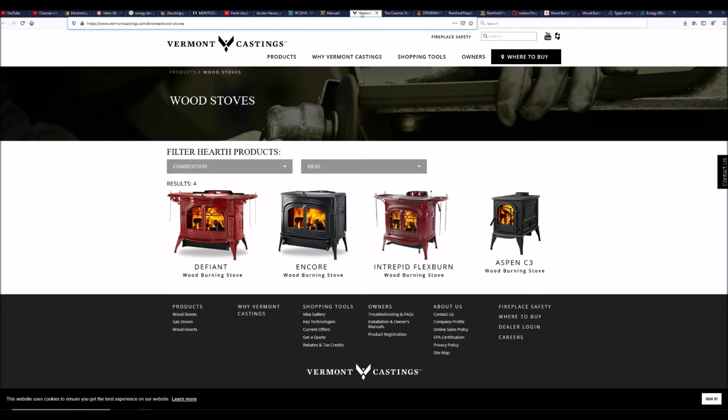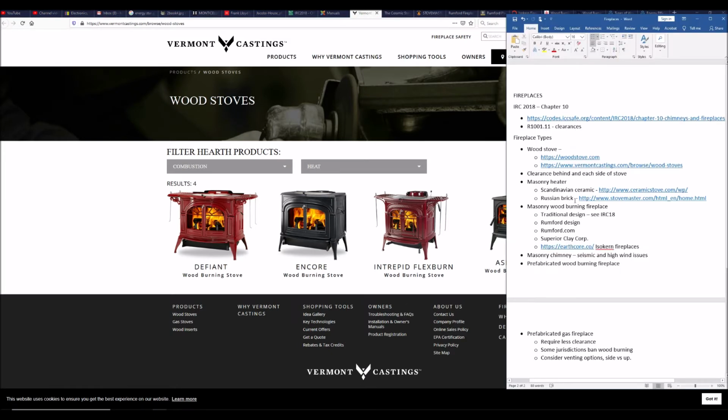Here's Vermont Castings, similar. They also do really beautiful cast iron. They incorporate cooking into some of their stoves as well, by the way, which is kind of nice. And again, they've got a lot of really good resources on planning and choosing the right type of wood stove. I'm not going to spend a lot of time on wood stoves here